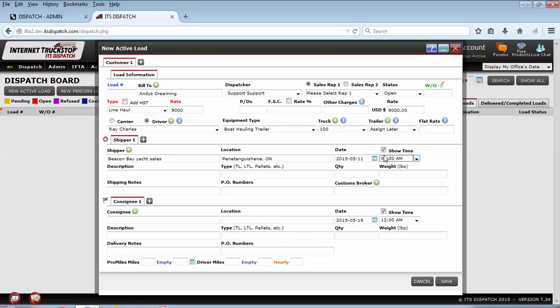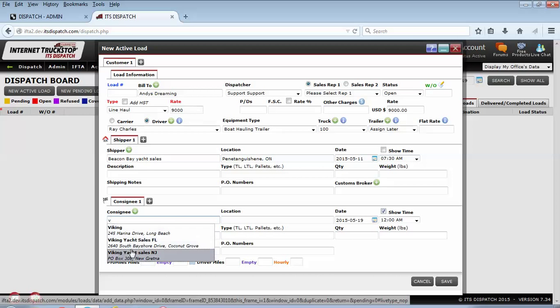But again, if you don't want him to see that, just uncheck show time. He won't see it on his load confirmation. But for the sake of your IFTA and the sequencing of everything, use your dates and times so it sequences correctly. We are then going to go to the consignee and we're going to send him to Viking Yacht Sales